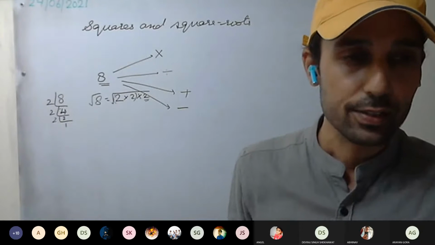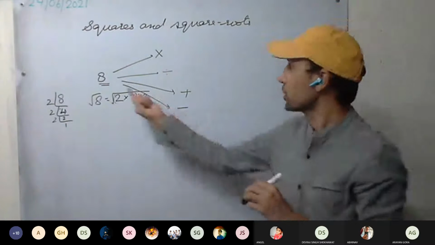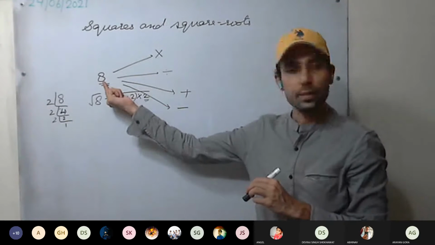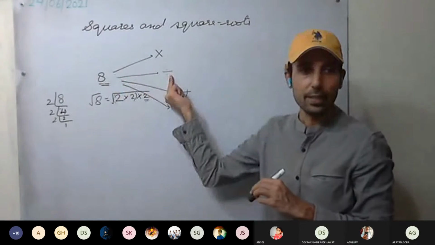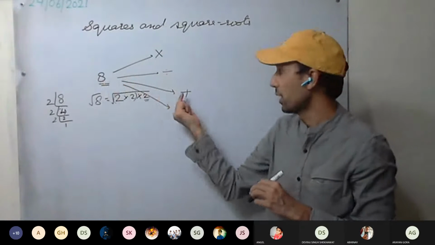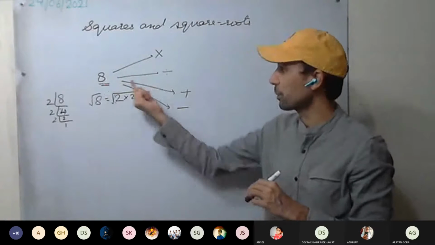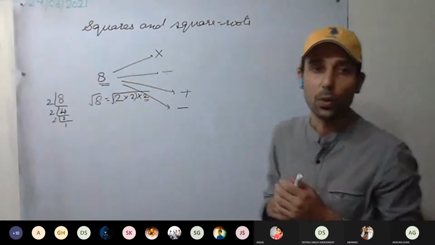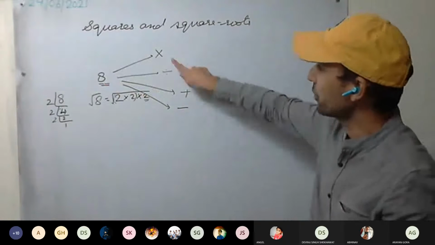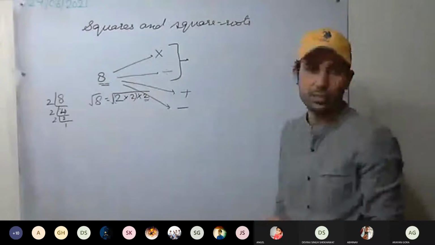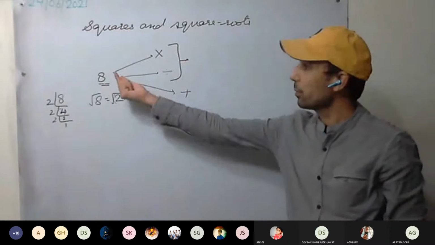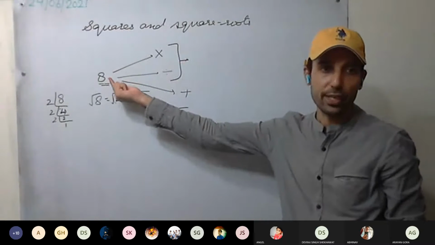Anyone have doubt? Okay. So we can multiply some number to make it a perfect square. We can divide this number by something and make that a perfect square. Or we add something to it or subtract something from it. So how do we get that number which is to be multiplied or divided? For this we will use which method? To find the number by which we must multiply or divide.